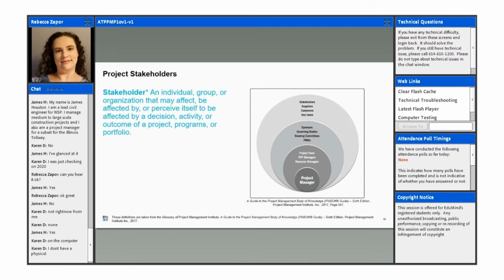success. So maybe think about a time, have you ever had, James or Karen, have you ever had a project where you had a stakeholder that maybe had a pretty big influence on the outcome of the project, but maybe their needs weren't met entirely, and then something happened where it caused an issue on the project or something like that? I can think of a couple of examples where that happened, where maybe a stakeholder wasn't identified early